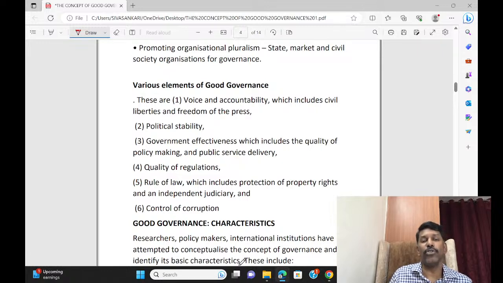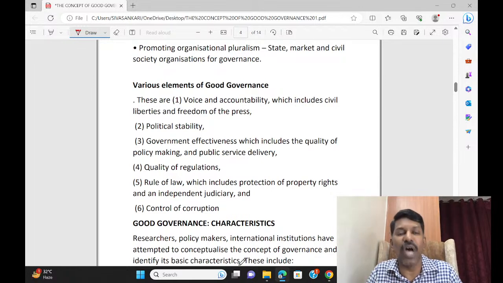So when I look into the idea of good governance, the elements which exist inside good governance to achieve or to move forward to the next level, what are the various elements of good governance? First and foremost, the voice and accountability. The agency should have some kind of accountability mechanism, and people need to have their own voice with the help of choice,